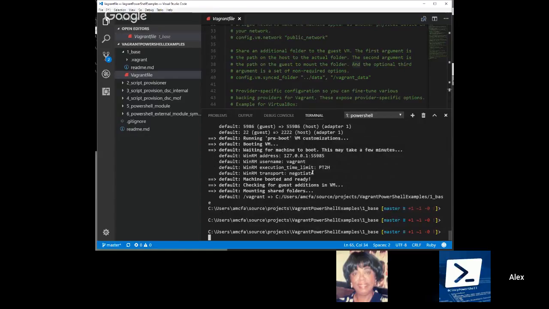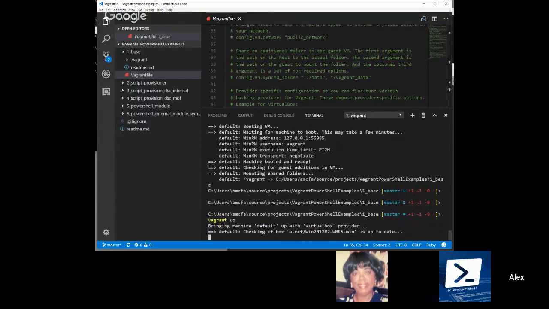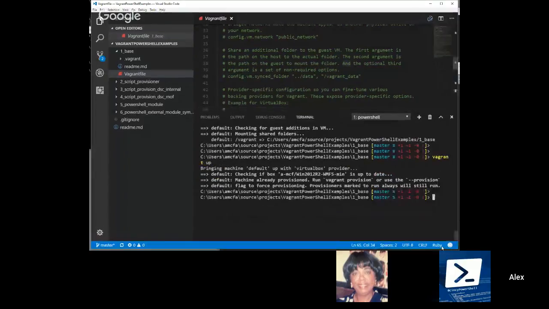All right, so the machine is now online, so you can see the shared folders. This is the folder we're sitting in right now. So this would be your PowerShell module folder, or whatever your live demo. I just ran Vagrant up again. It'll blow through fast, so it's already online. All right, so now that the machine's online,